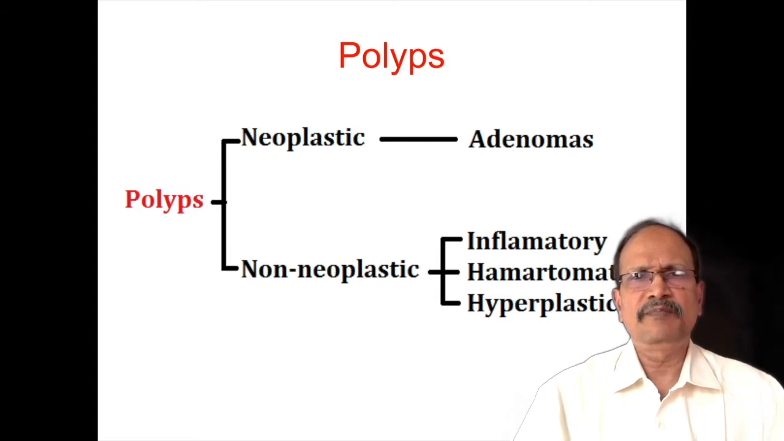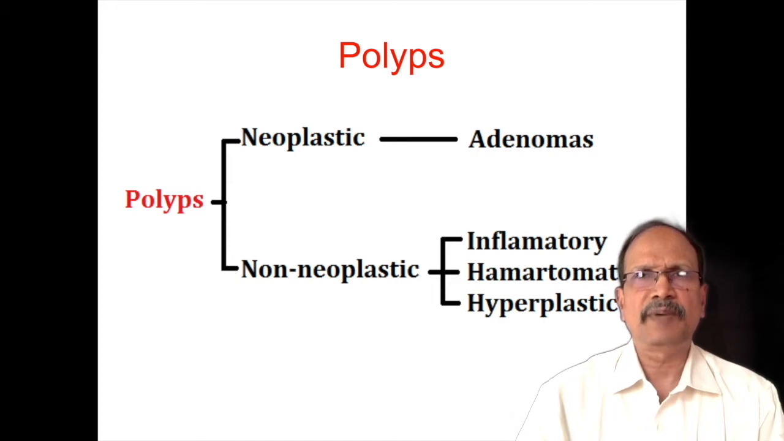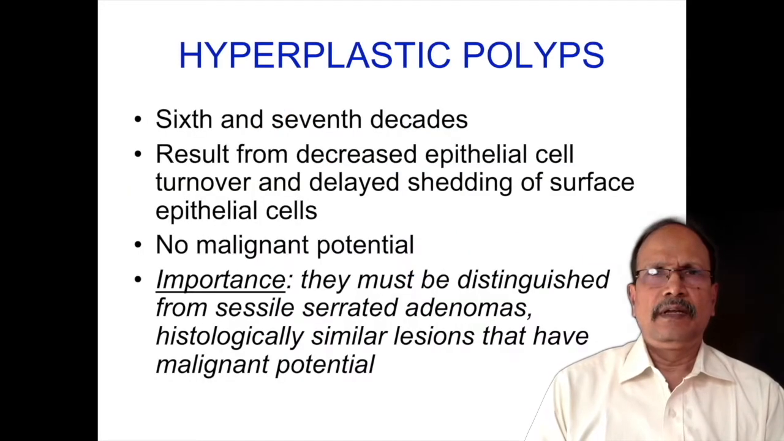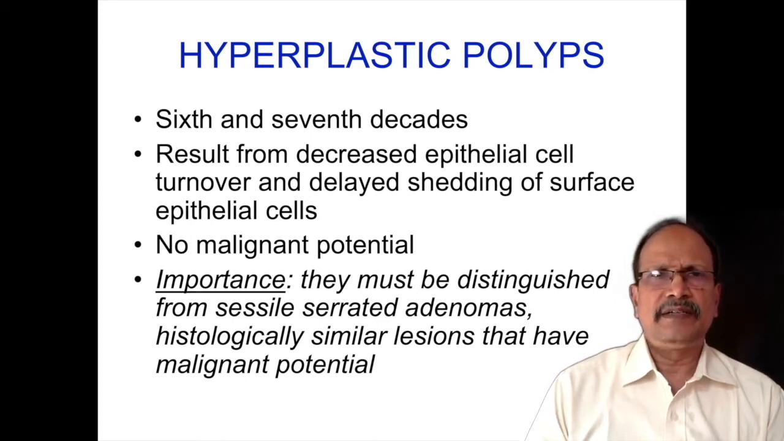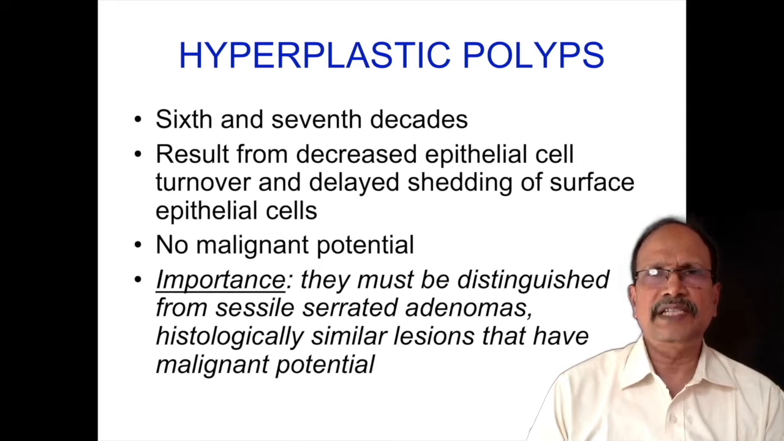Non-neoplastic polyps can be due to inflammation, inflammatory polyp, hamartomatous polyp, or hyperplastic variety of polyps. Coming to hyperplastic polyps, they have no malignant potential whatsoever, and they occur in older age group. This occurs due to decreased shedding of epithelial cells from the surface, with progressive accumulation of the cells producing nodules